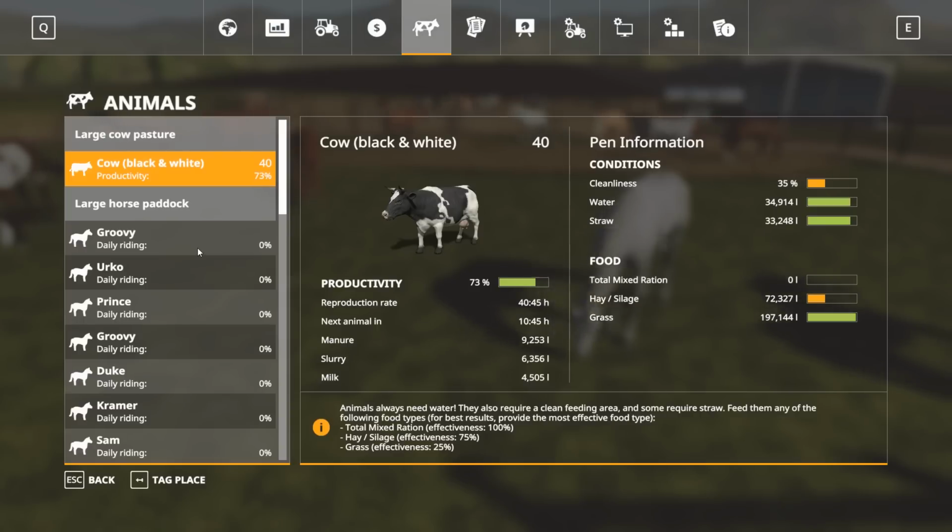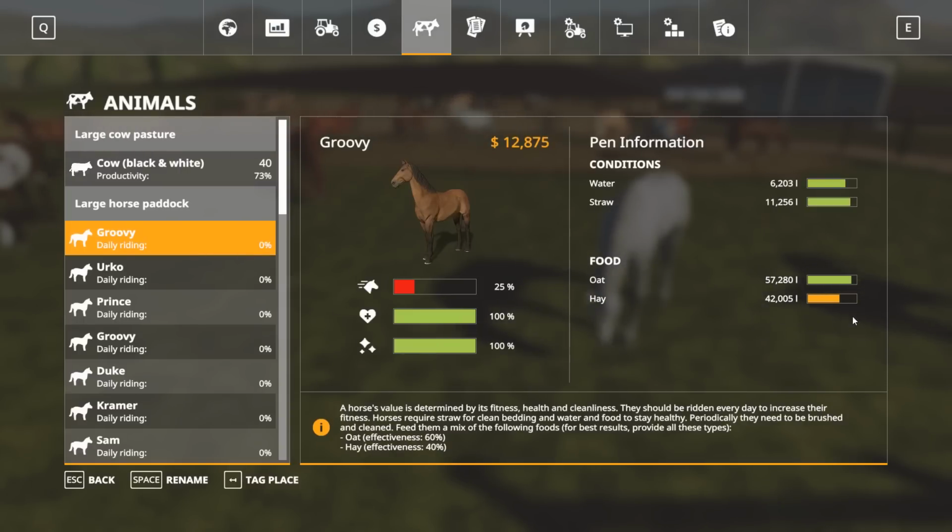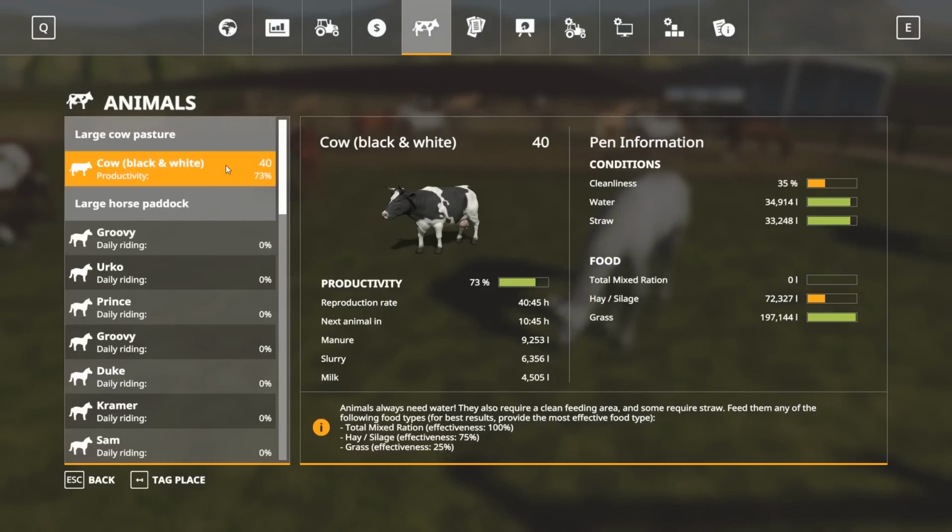So, speaking of horses, probably should check. How are they looking here? Yeah, they're doing pretty good. Cows, we got them up to 73% on the productivity. We need mixed rations yet. Oh, yeah, there it is. Cleanliness. Yeah, we probably should...